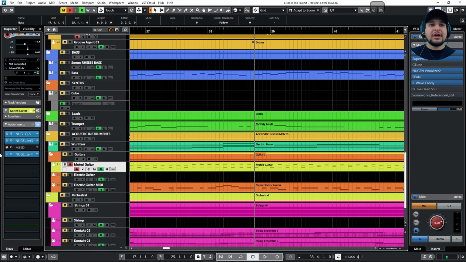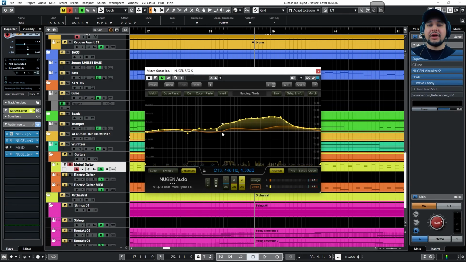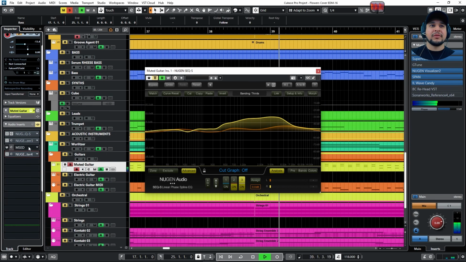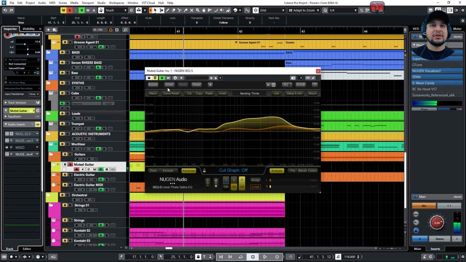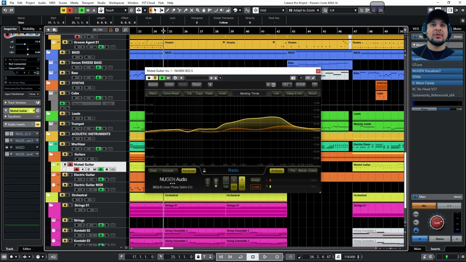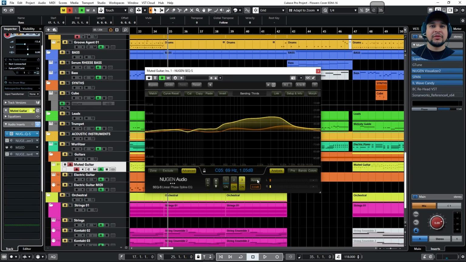I added an SEQ-S, and I changed the left and the right channel because I wanted to create some variance in the signal. If you hear the original one, it's quite centered. Not completely centered, but it's much more balanced. And I wanted to create something that moved a bit more to a different channel. So I added that, and we can see here, if we go to